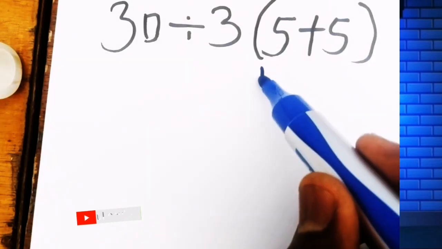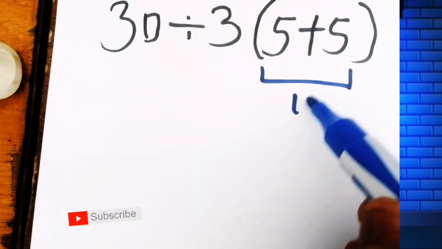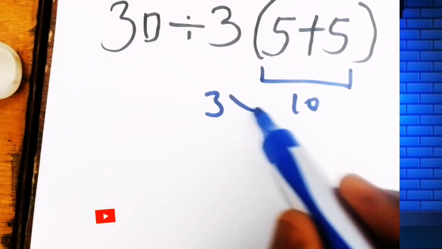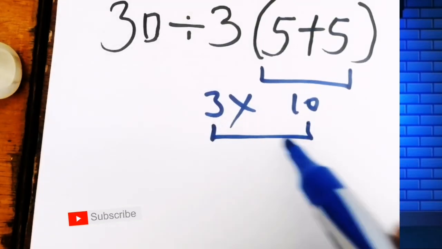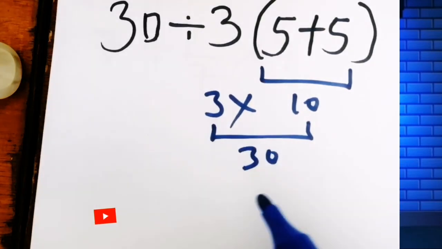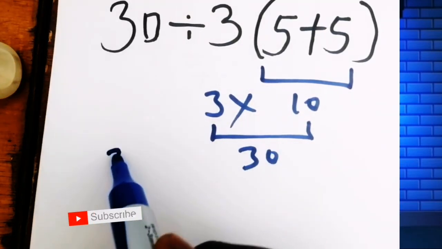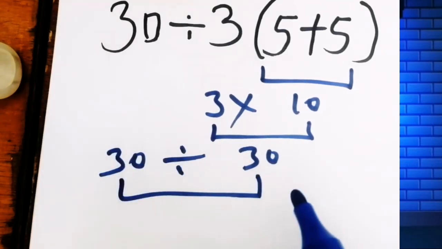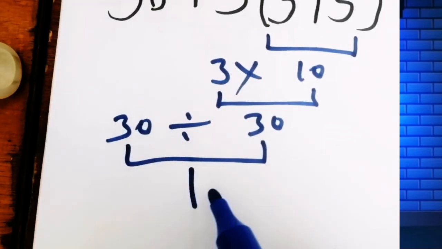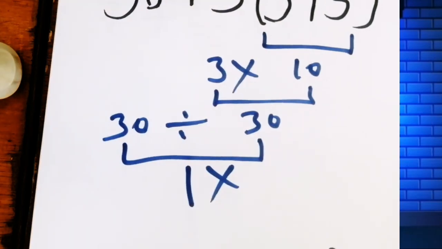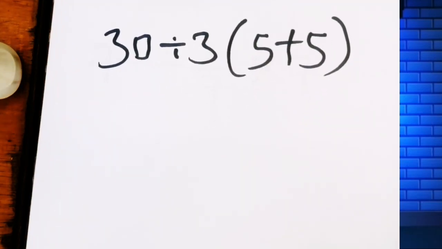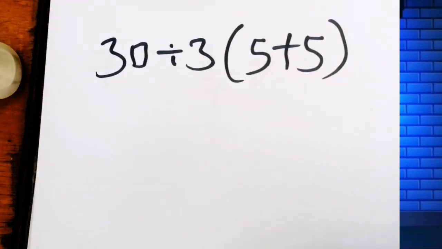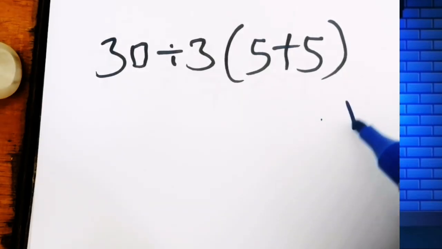5 plus 5 which gives us 10. Okay, here 3 times 10 which equals to 30. Therefore here 13 divided by 30 which equals to 1. But this is not the correct answer, because according to the order of operation PEMDAS, first we have to do